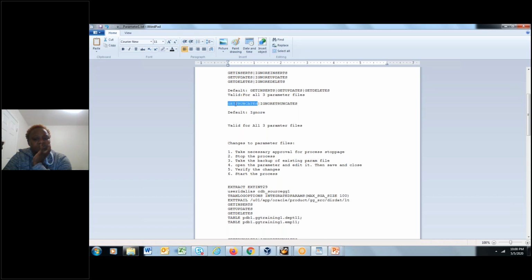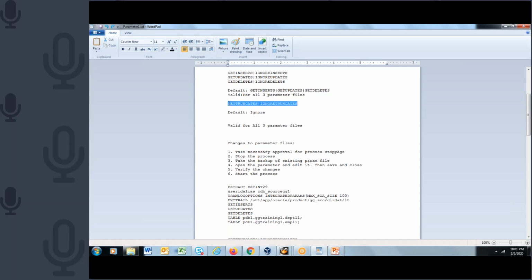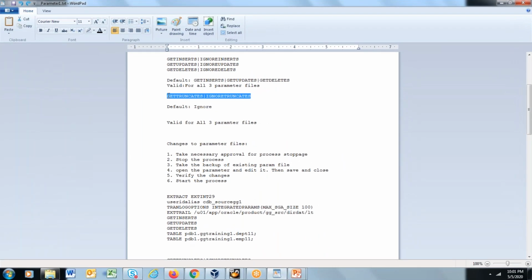Similarly, I want to talk about these two parameters: get truncates, ignore truncates. So far we have seen DML replication. For DDL replication, there are separate parameters which we have to use. So right now our DDL replication is not configured. However, truncate is a DDL statement.